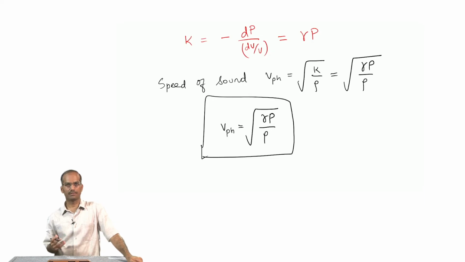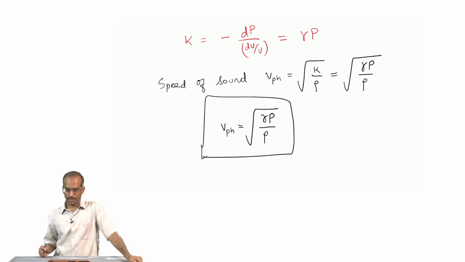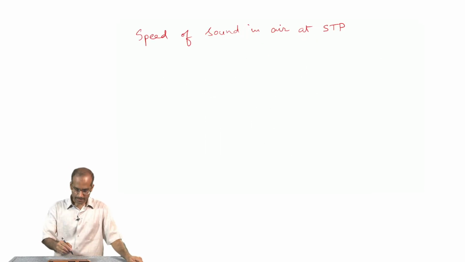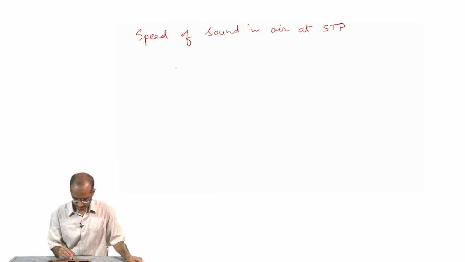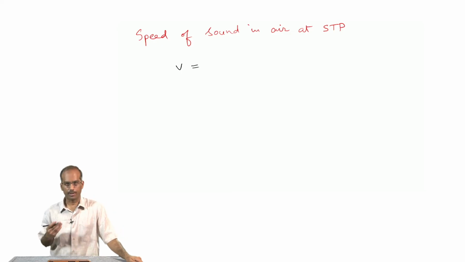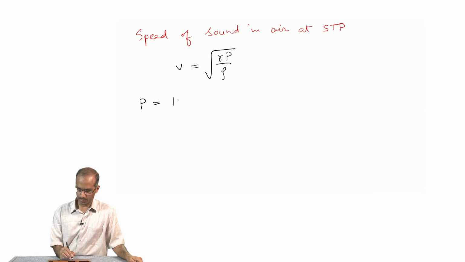Now that we have this expression for velocity of sound, we need to be able to put in the numbers and see whether it is reasonable or not, and we can straight away calculate the speed of sound in air, because all I need to do is to replace this pressure by the atmospheric pressure and density by density of air. So, speed of sound in air at standard temperature and pressure. So, that will be V, let me call it V, it is just square root of gamma times P by rho, and P is about 101